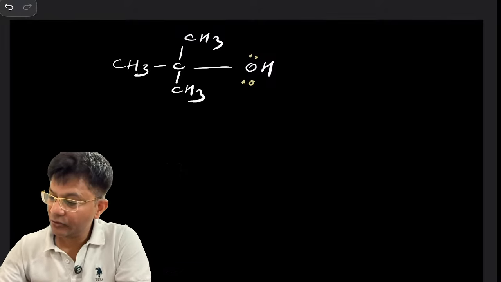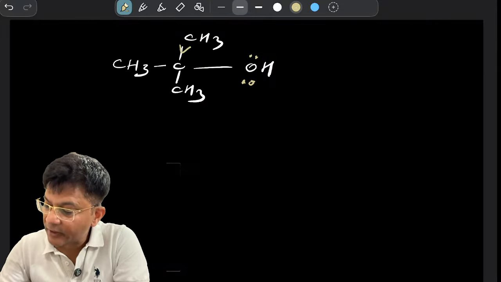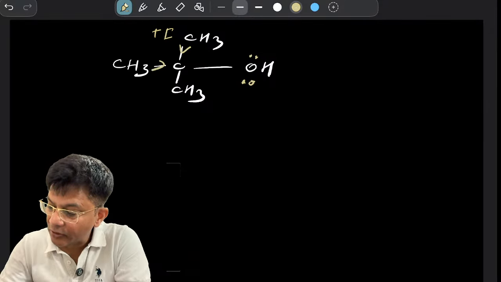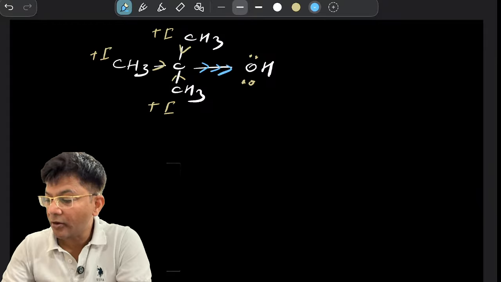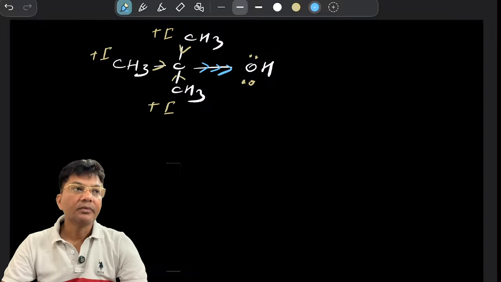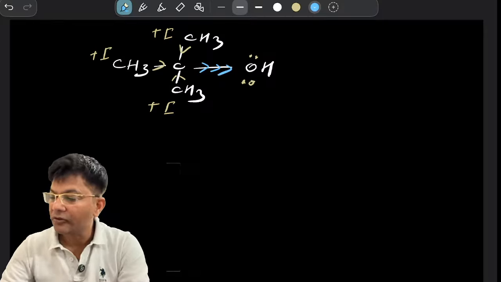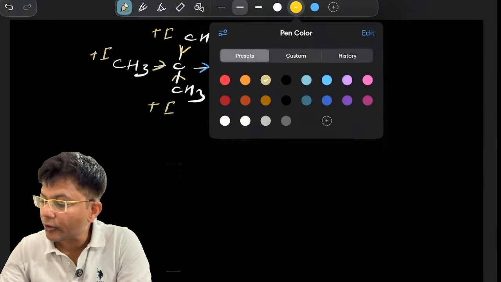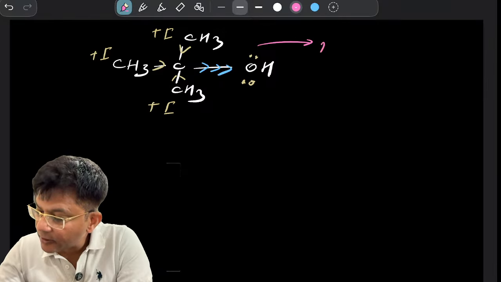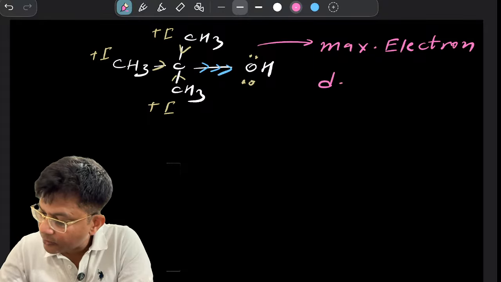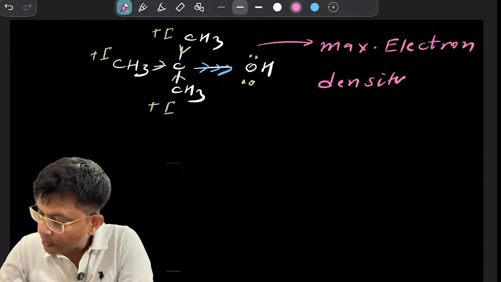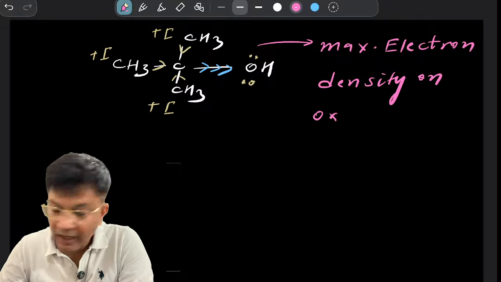My dear friends, now you see this methyl is plus I donating electron. This methyl is also plus I donating electron. This methyl is also plus I donating electron. All three plus I donating electron. So electron is going towards oxygen. Now this electron is reaching on the oxygen, so oxygen will be the best donor of electron. Maximum electron density on oxygen, my dear students. So oxygen has become